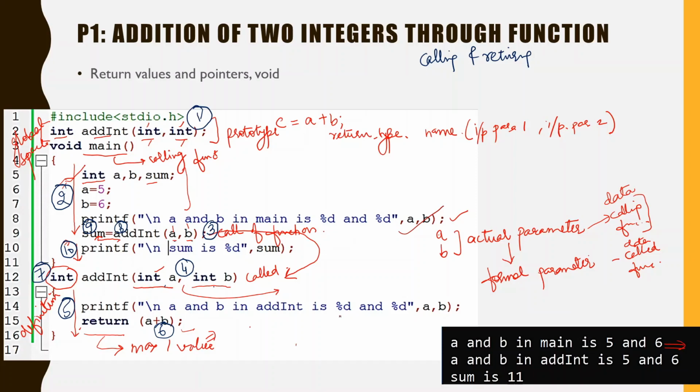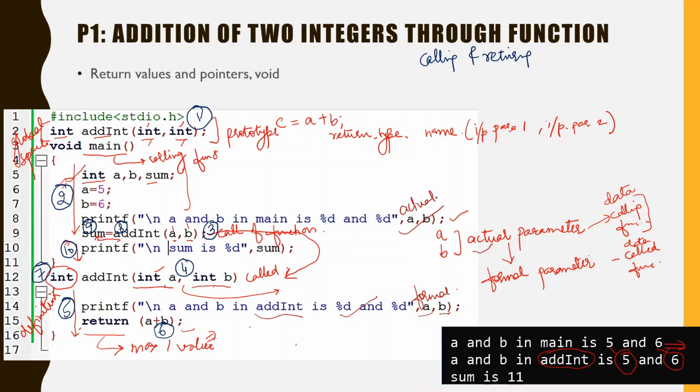And when this line is executed in the addInt function, you can see here that addInt has been printed, and these A and B values have never been assigned here. They have only received the values from the actual parameters. The value is 5 and 6, which is the same as the actual parameters. So the value of the formal parameters is the same as the actual parameters.